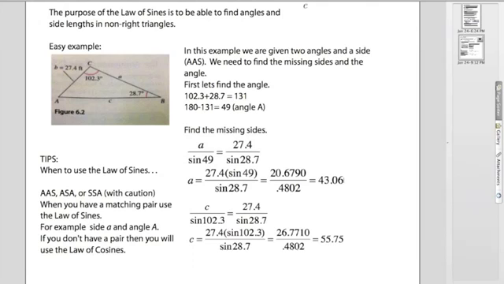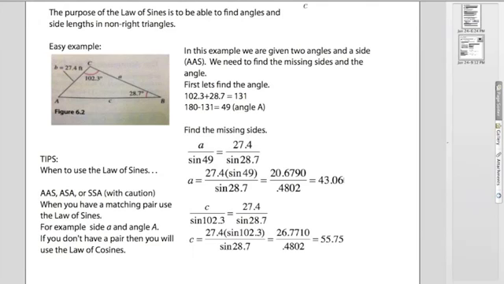One other thing I want to talk about is when do you use the law of sines? We haven't talked about the law of cosines yet, but we are going to have a quiz in a few days, and I'm going to simply give you a problem and say solve the triangle, find the missing pieces. I'm not going to tell you which one to use, and you're going to have to decide on your own. So there's a couple of technical ways of describing what you have. For example, AAS or ASA or SSA, that's right, SSA, are the times when we're going to use the law